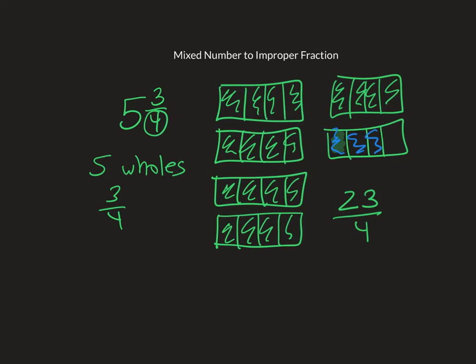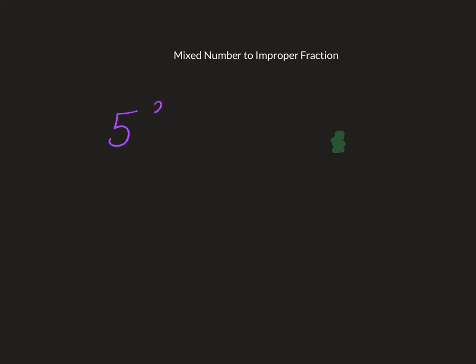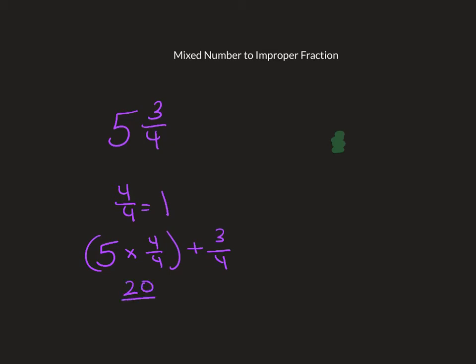So there's actually a shortcut. We have 5 and 3/4 again, and we're going to convert that. If you think about how many fourths equal a whole, 4/4 equal 1 whole. So how many wholes do we have? 5. So really what we're going to do is 5 times 4/4 plus 3/4. 5 times 4 equals 20. So it's 20/4 plus 3/4, which equals